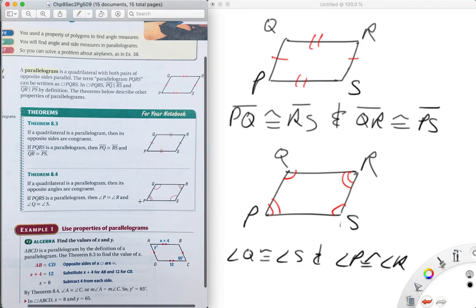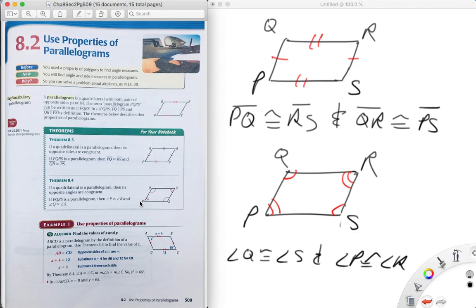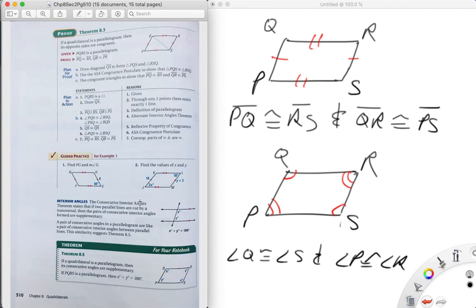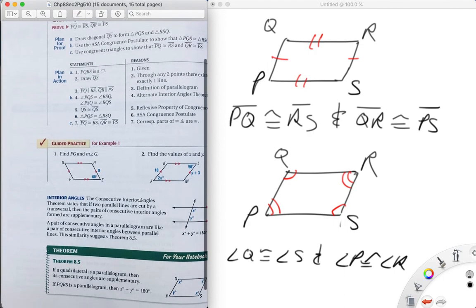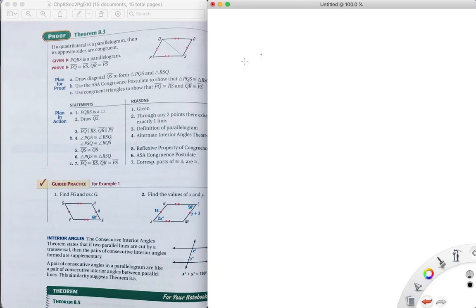So a lot of the math in these equations is pretty straightforward. The proofs in all of these are pretty straightforward too. Here is the proof for 8.3, and really it works also for the proof for 8.4. You just really change the ending. So if I was to do the proof,